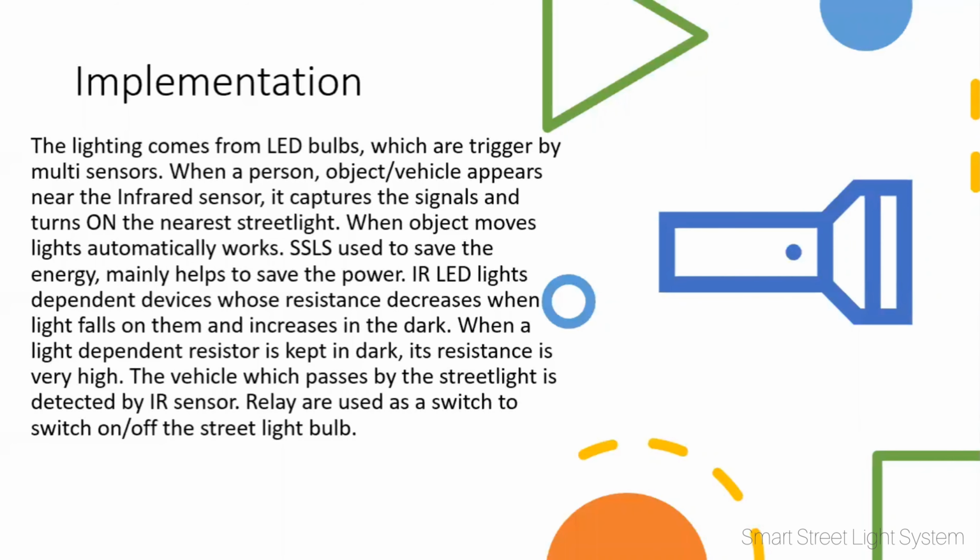We have mounted all these components on the breadboard, and we are connecting it to the Arduino board accordingly. So, the implementation of this project: we are using one LED and one IR sensor. The IR sensor works like this: whenever an object is detected by the IR sensor, it sends a value, whether the object is detected or not, to the circuit, and accordingly the LED glows and switches off.